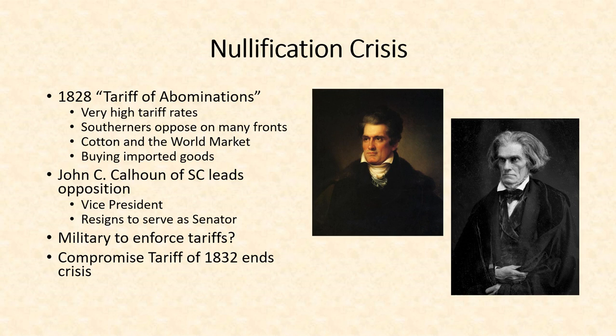Ultimately, Calhoun and his followers say that they can nullify any law passed by the federal government within the confines of South Carolina. South Carolina doesn't have to enforce the tariff of abominations because state law is more important than federal law. And since this tariff goes against the interests of South Carolina planters, they can vote to nullify